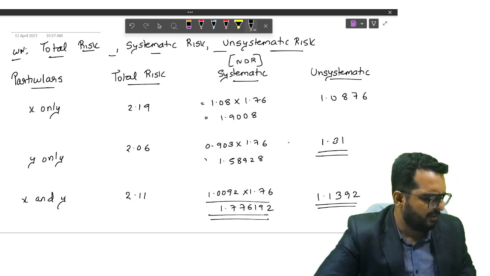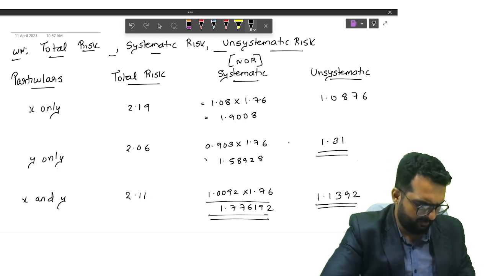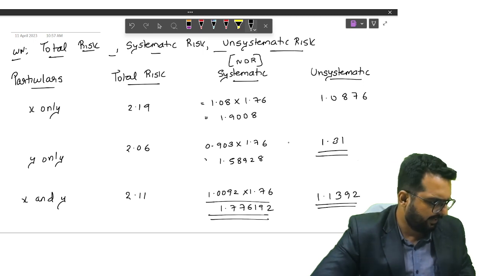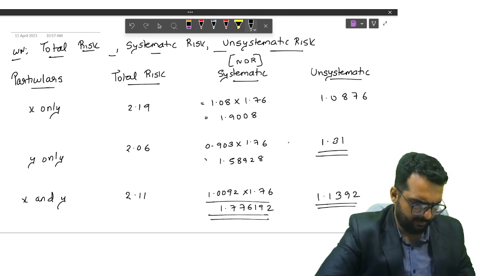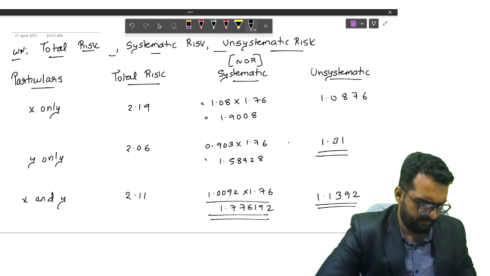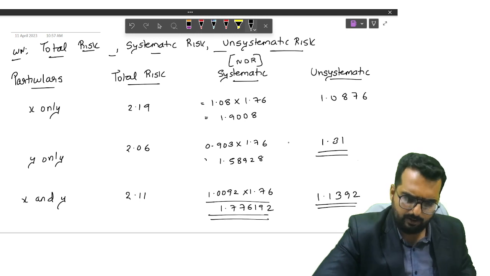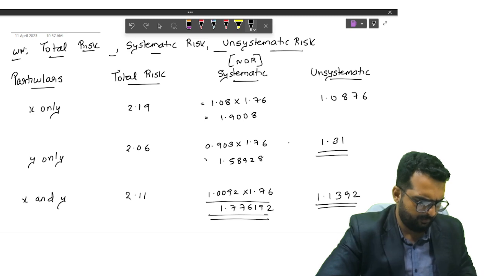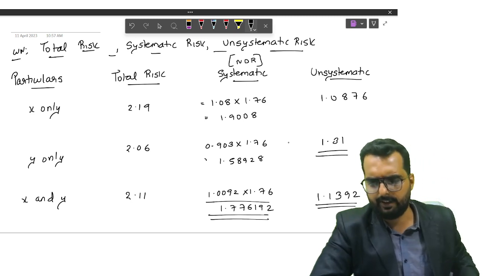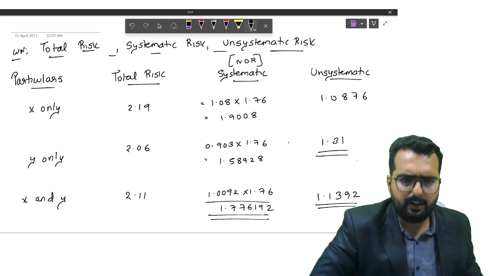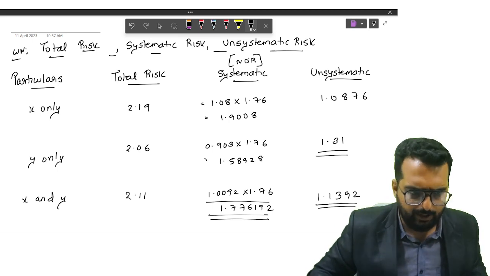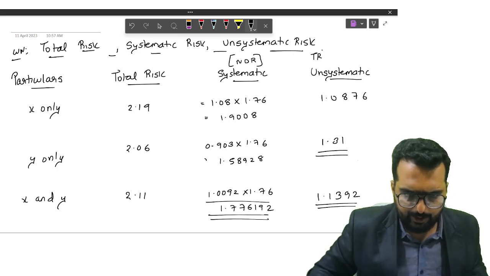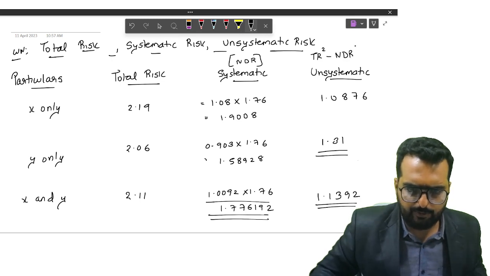Okay, let's just check. 1.0876. 0.18. Okay, that's correct. Second one will be 0.037 square root will be 0.06. 0.722 will be 1.31. Correct. Second one is accurately right. Third one is 1.291. Square root will be 13. Correct, friends. Okay, Jovial, the unsystematic risk formula is going to be total risk square minus non-diversifiable risk